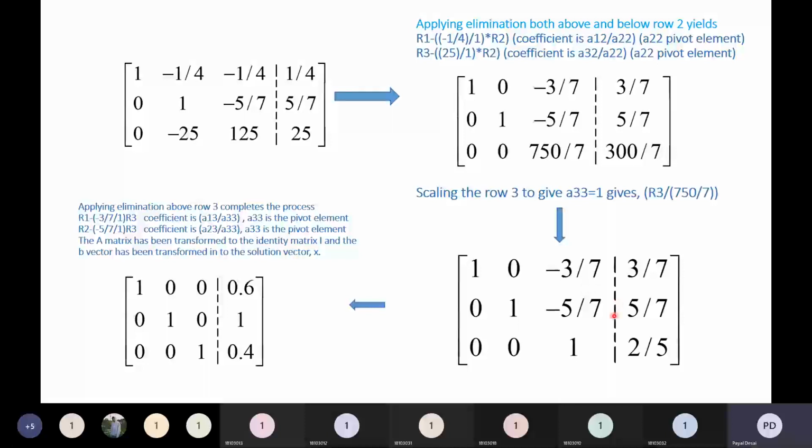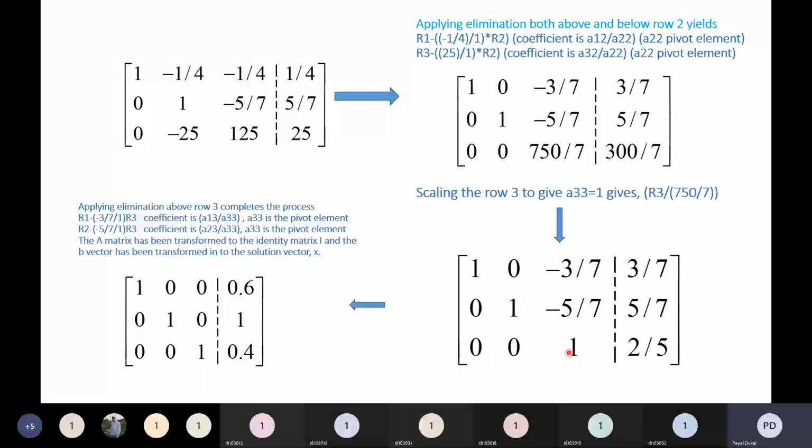Now the next step is you want to eliminate. You have to be very careful when you multiply this elimination multiplier, because if you make mistakes in that, your answer will not come. So you have to see this carefully. Now the next step is you want to eliminate these two members to make the identity matrix. So one by one we apply our process similar to Gauss elimination. What is your elimination multiplier? This is your pivot element.